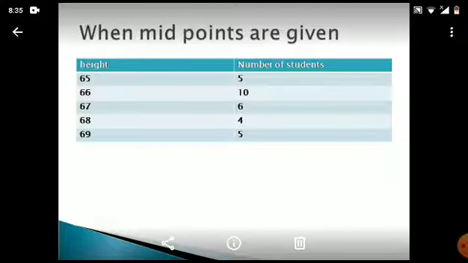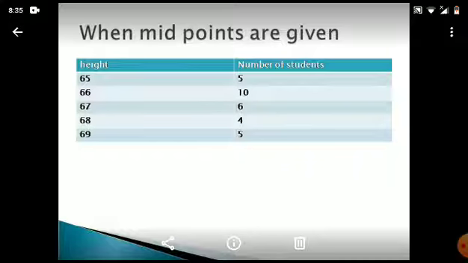The other case in the multiple value design is the one in which midpoints are given. This case creates confusion, a bit confusing for the students to identify whether it is multiple value design or a case of single value design, because there is one value defining the class, so students get confused. As I had mentioned in the previous lecture, single value design has to follow some 4 basic properties.